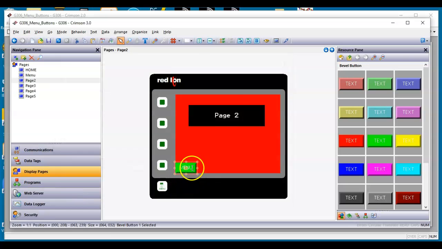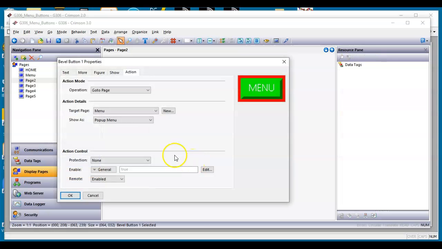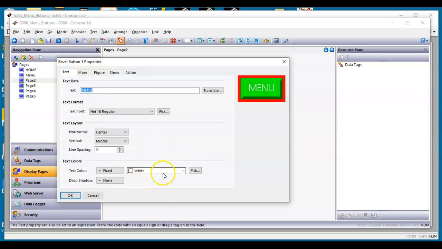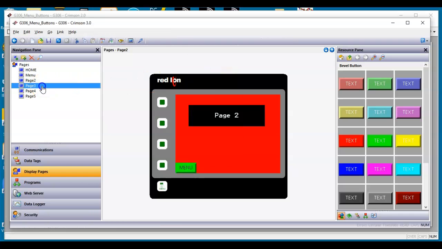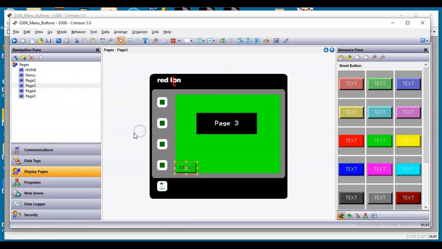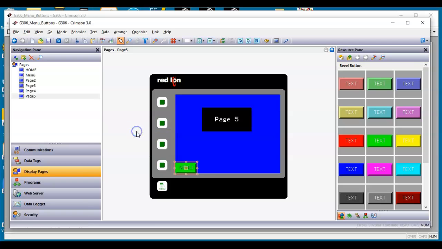And I just need to copy this button on all the pages. Hold on, before I do that, I'm going to change the color of the font from white to black because I think that'll contrast a lot better with that green background. So now that I've got that there, I'm going to right click copy, and I'll just go to all the other pages and paste. Probably not a good color I chose, but oh well. Since I have a green background page. I'm going to go here. Okay, so in theory, this button does the same as this one, and it will call the rest of these